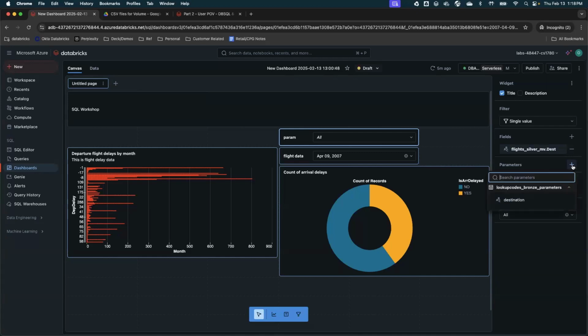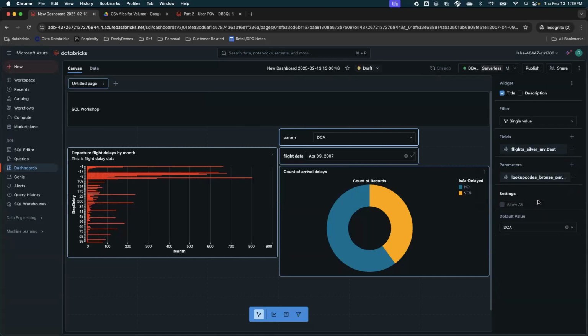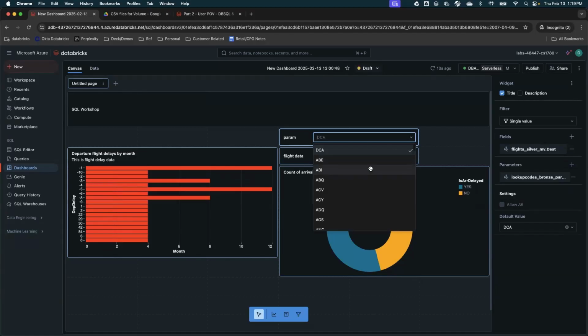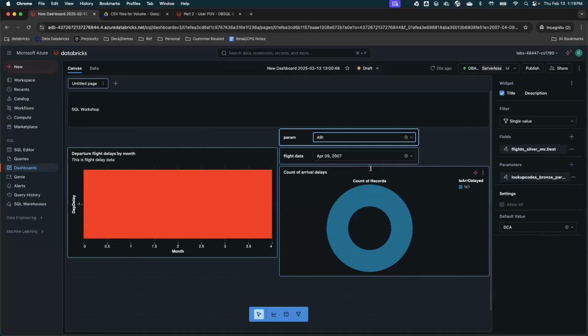Then you can click on the parameter, select the destination parameter, and then based on the destination, both filters are changing. I can go ahead and change my destination to something else. So now there are two filters, one which is using parameters, another one which is using the date.